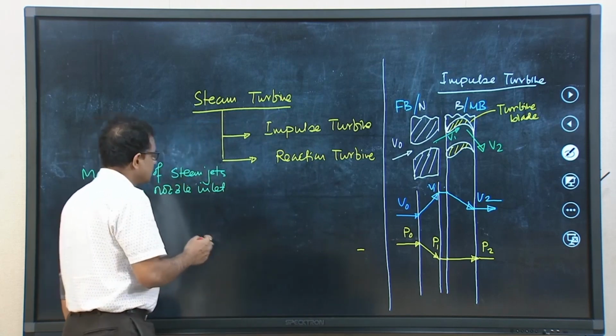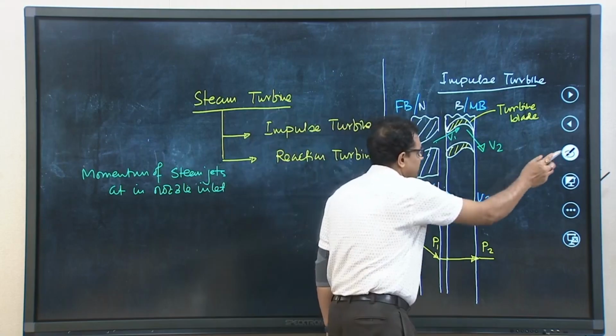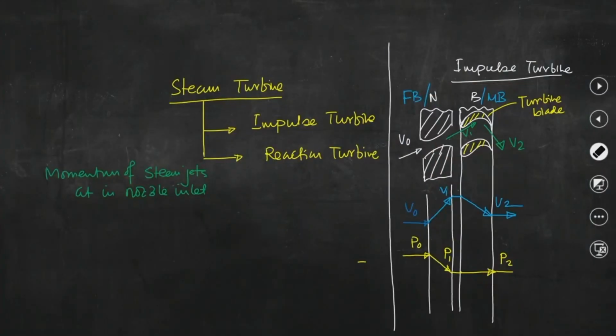So, if I write, this is the momentum of steam jets at the blades inlet,